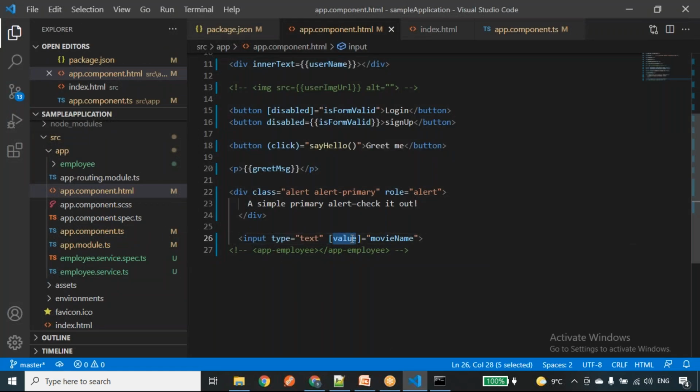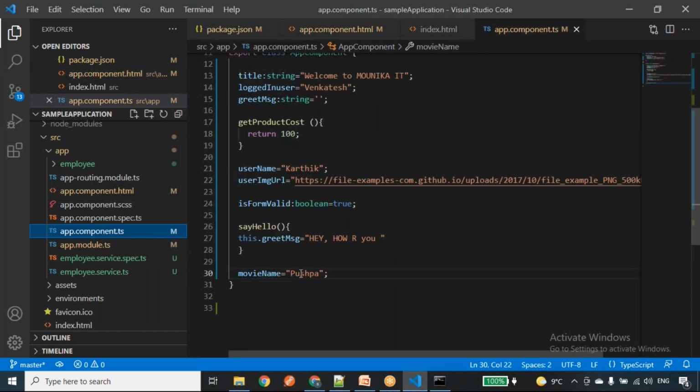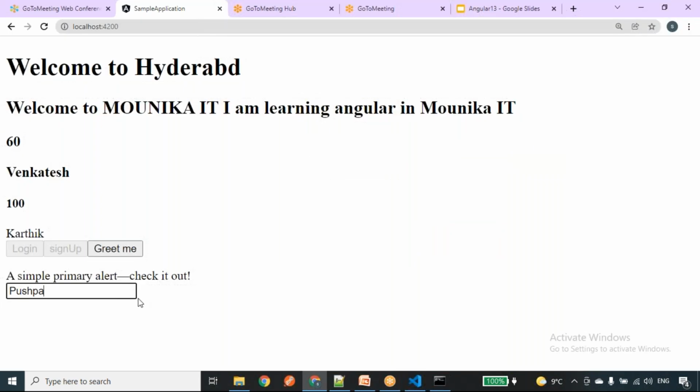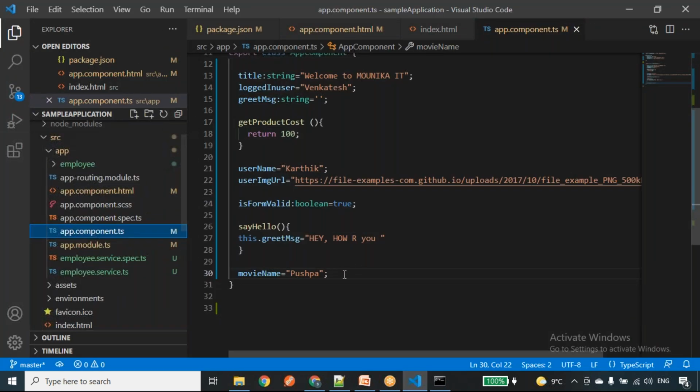So I have taken one property inside this property, one more property in the component class. This value is related to the input element property, whereas movieName is related to this TypeScript class property. I have given Pushpa, right? Whenever I change it here, nothing happens. So now this is the property binding.